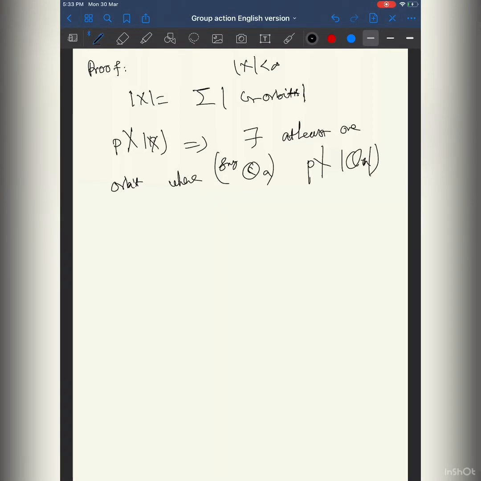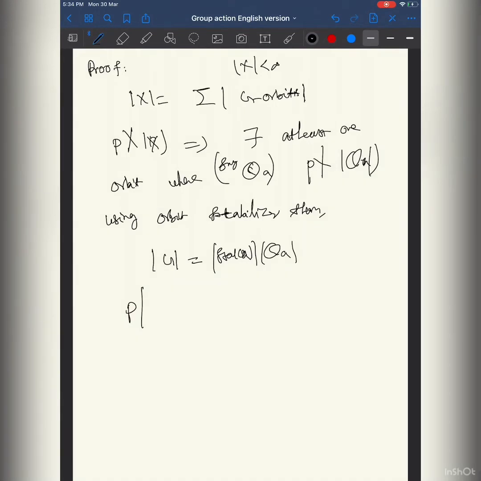Now, I want that A. Using the orbit stabilizer theorem, we get this: order of G equals order of the orbit times order of the stabilizer. Sometimes I use G_x, sometimes this notation, both are the same. Remember that G is a P group. P divides the order of G. In fact, P power alpha